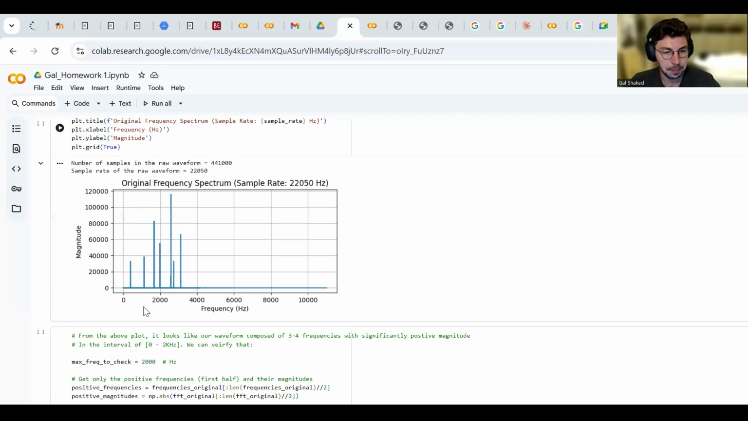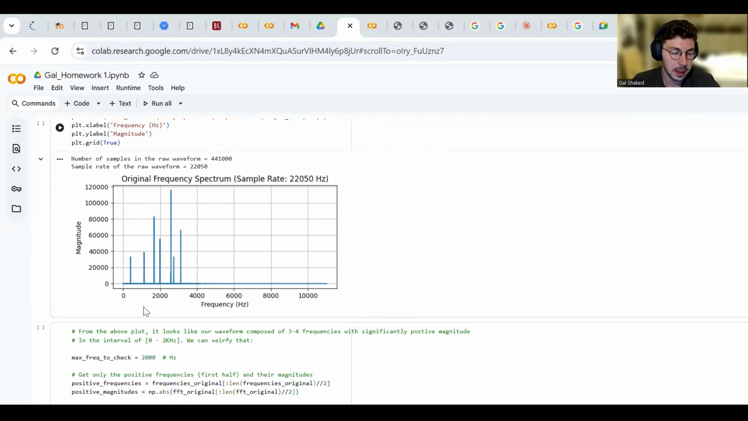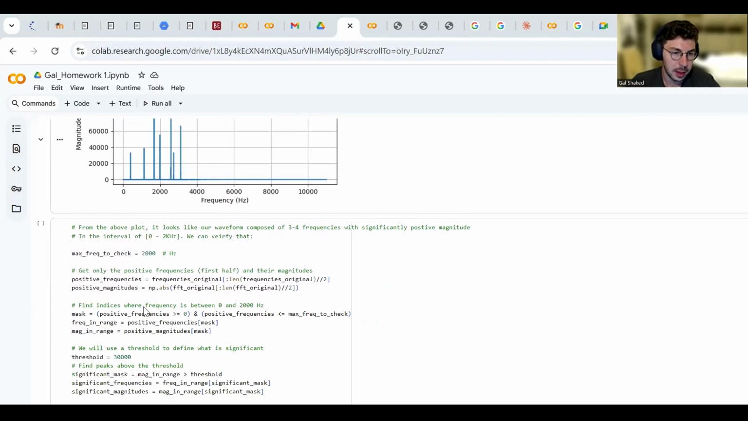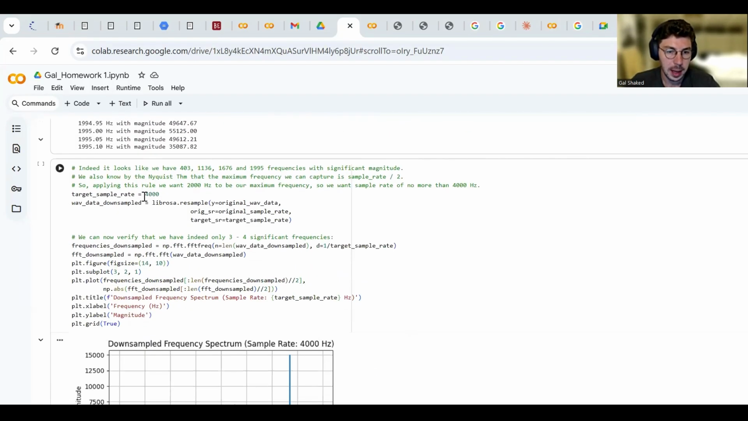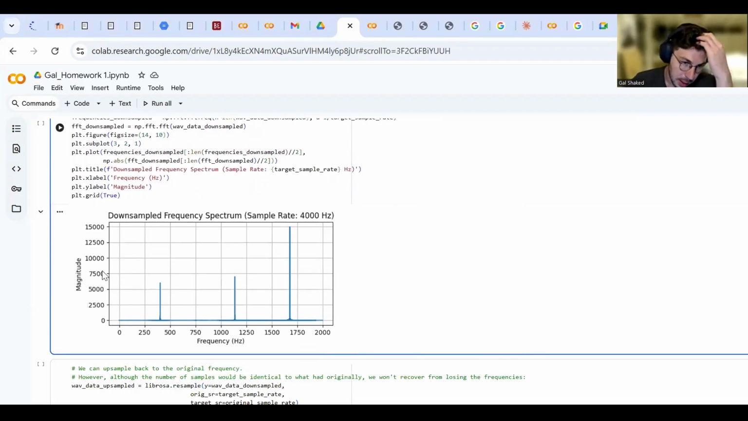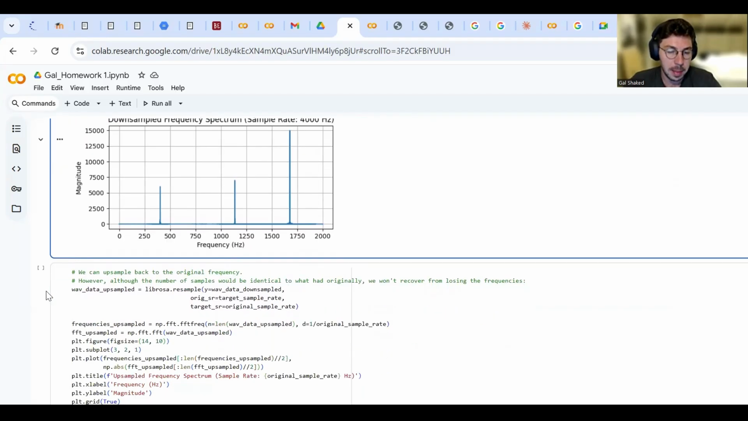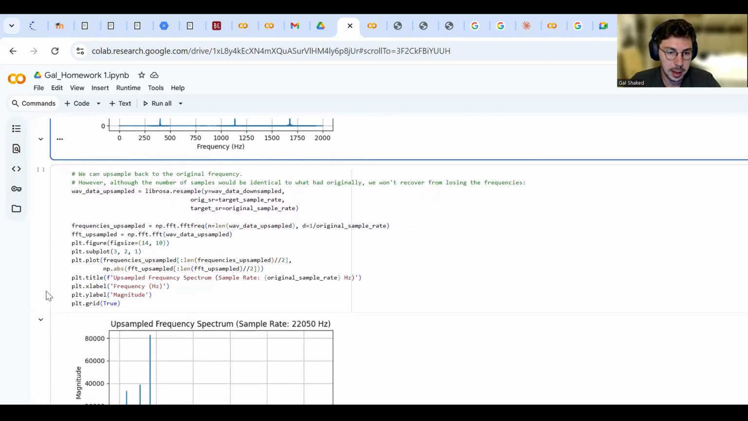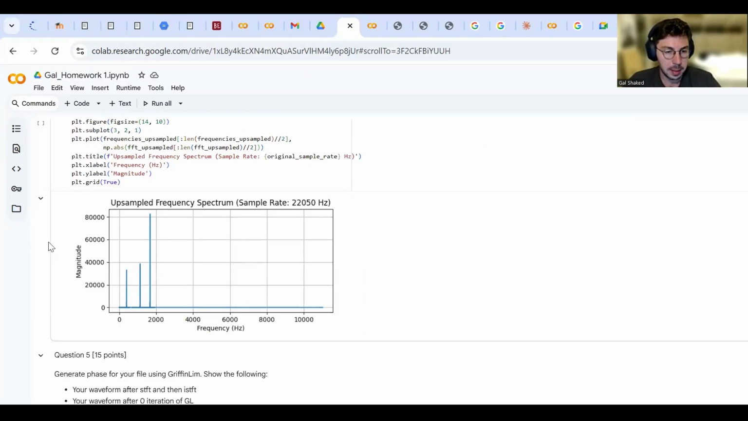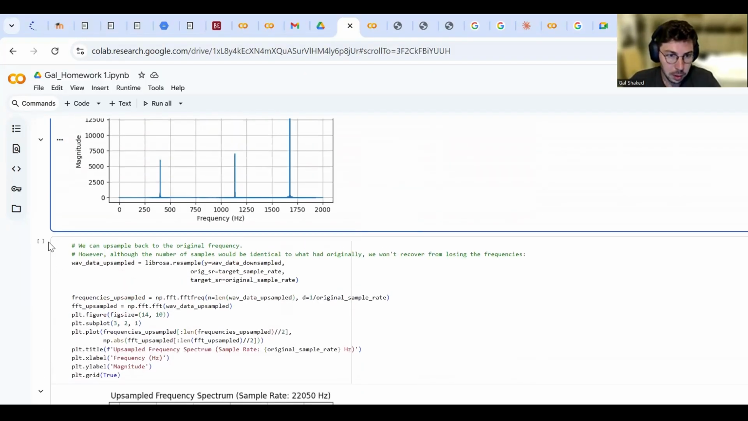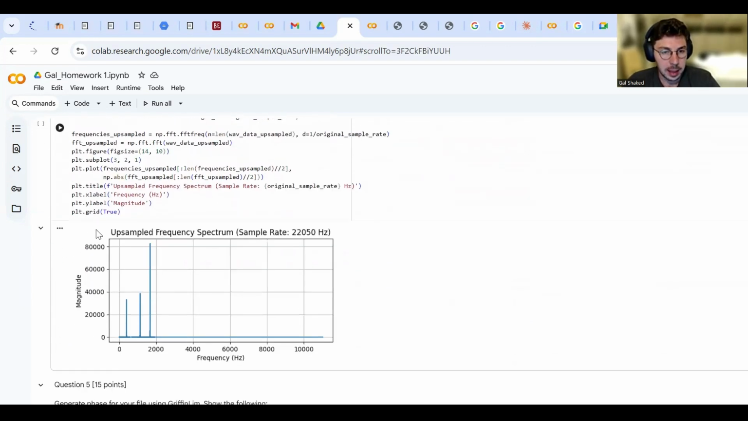So we suggested downsampling to twice this frequency, namely 4000 hertz. And indeed, we could verify that there are 3 to 4 significant frequencies until 2000 hertz. So what we did is downsample our waveform to this new sample rate. And what we get is the elimination of the high frequencies, but not exactly eliminating them. It's just because the sample rate is too low, so the higher frequencies just get squashed all over the lower ones,